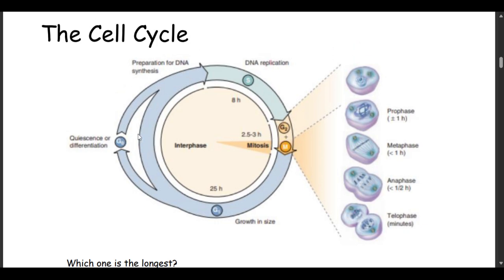Then there are those other cells that go into a phase known as G0, or quiescent cells, or differentiation phase. For example, neurons, once they divide, they don't do these cycles again, they don't divide again. And so these neurons are going to remain there for the rest of your life. Since the time you're born, the neurons that are there are the ones that you're going to die with, basically. Those are cells that go into a quiescent stage.